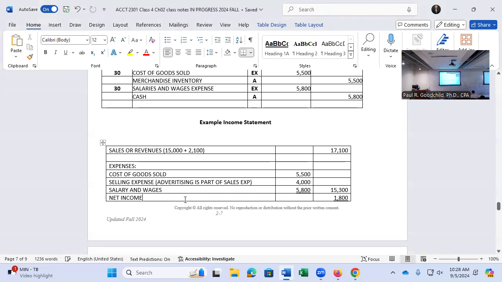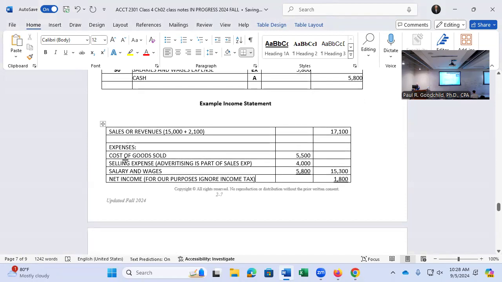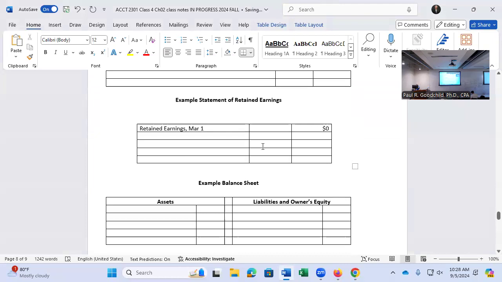And then we know this little note here for our purposes. Ignore income tax. And now we want to do a retained earnings statement. And our retained earnings statement starts on March 1, because we just created a company. So what we're going to do is add net income,